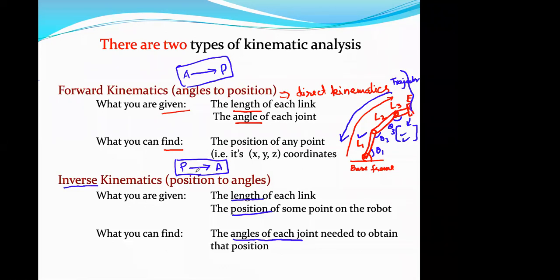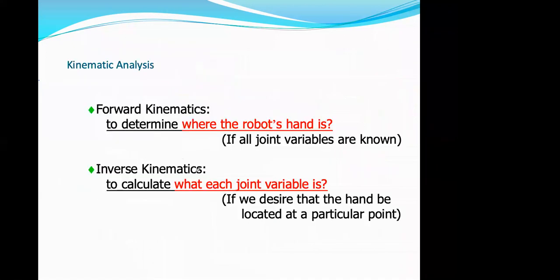Now let us talk about another aspect: how we can find this mathematically, and how we can find the inverse kinematics mathematically. Inverse kinematics is sometimes somewhat tricky, and you can find multiple solutions in inverse kinematics. That is why there are various approaches. The various approaches include the geometrical approach.